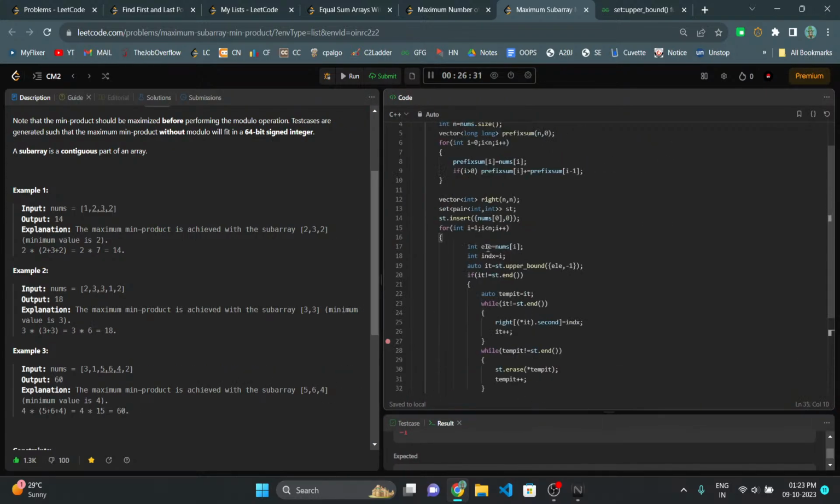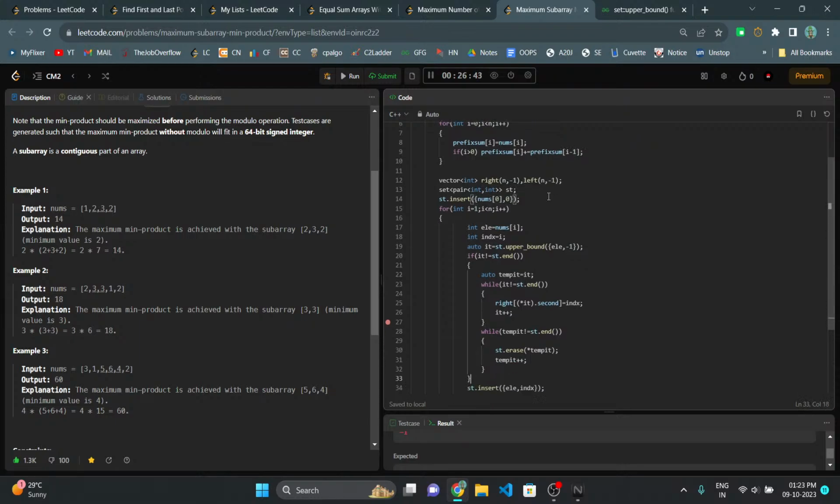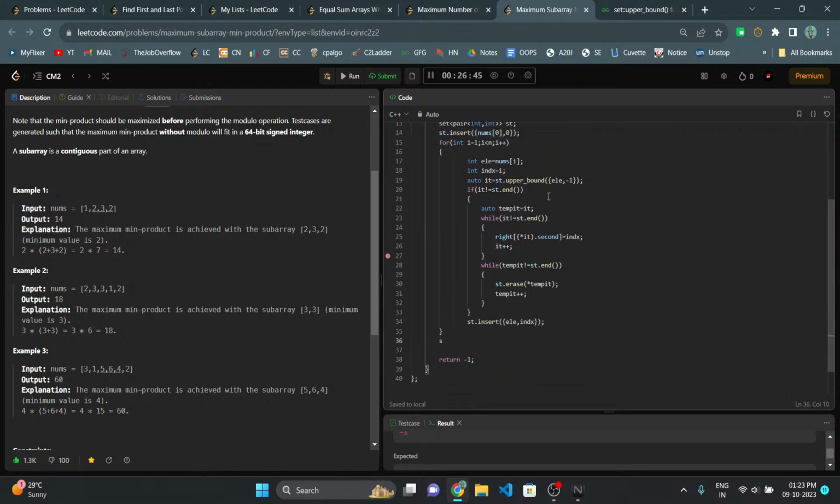what I will do is, I will create a left array also, n comma, let's say minus 1 is this, so there will be no confusion. Okay, let's create another set, st here, integer comma integer, let's name it st2. And now for the left part I will insert it from the right hand side, so nums of n minus 1, and the index will be n minus 1. Okay,